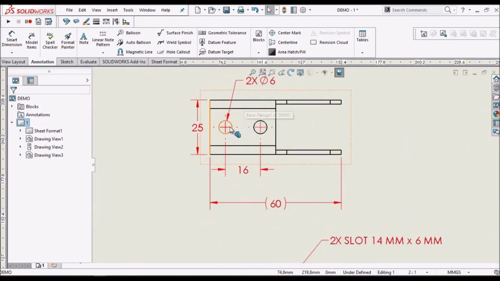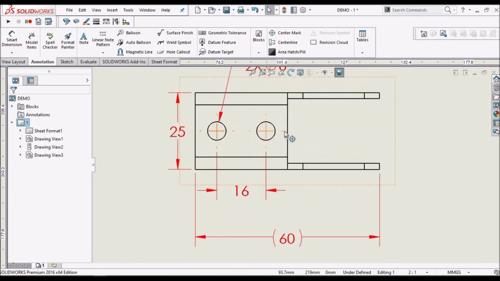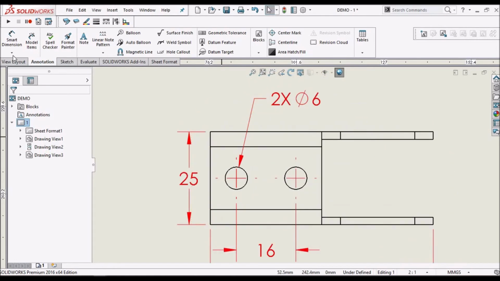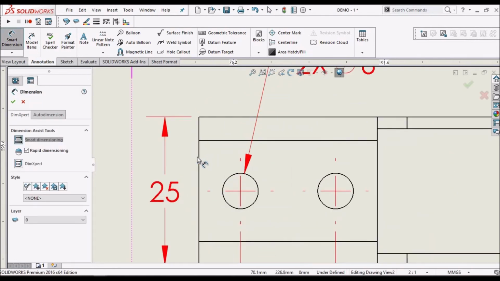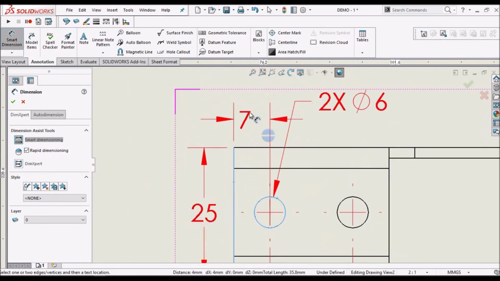Here we don't give the distance from here to this end point because it is exactly at the center point, so it can be treated. This is 25 mm, so the hole location is exactly at 12.5, so we don't have to give. And we can give this dimension from this distance to this 7 mm.